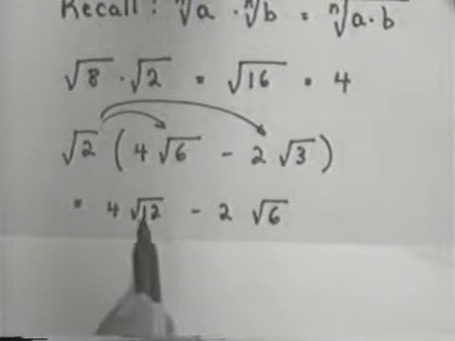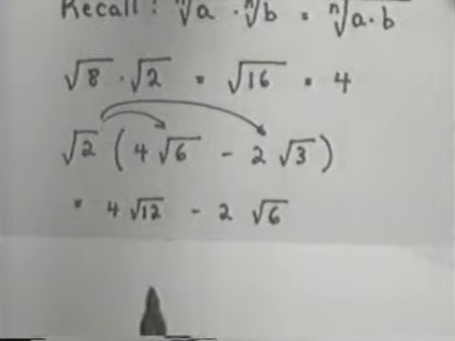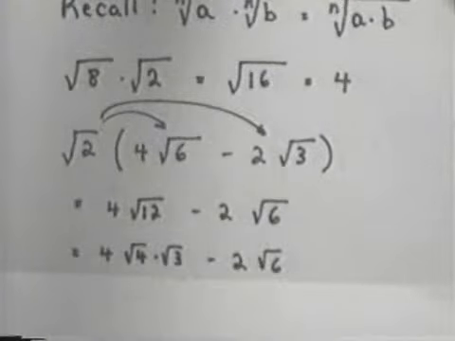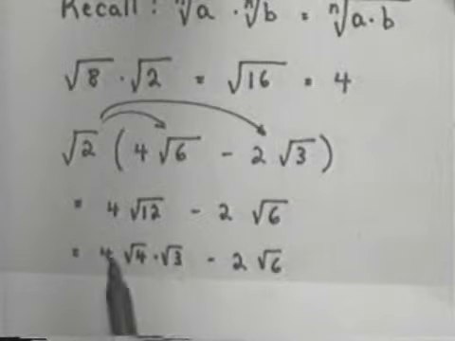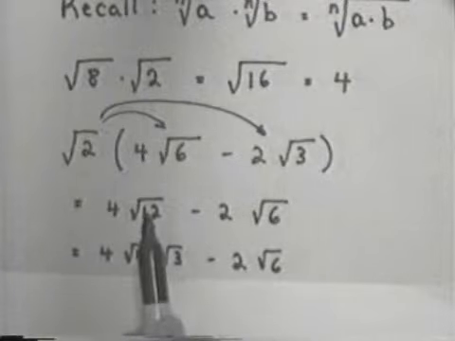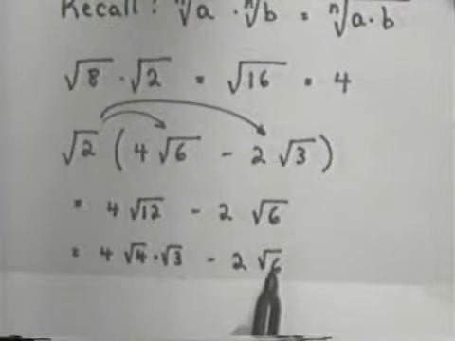Now we're not through, because the square root of 12 can be simplified. I need to break the square root of 12 into what is the perfect square and what's left. So we have the 4, and 12 is factored into 4 times 3. So the square root of 12 would be the square root of 4 times the square root of 3. 4 is a perfect square. And I cannot factor 6 into a perfect square. I can write it as 2 times 3, but neither 2 nor 3 are perfect squares. So we have the 4. The square root of 4 is 2 times the square root of 3 minus 2 times the square root of